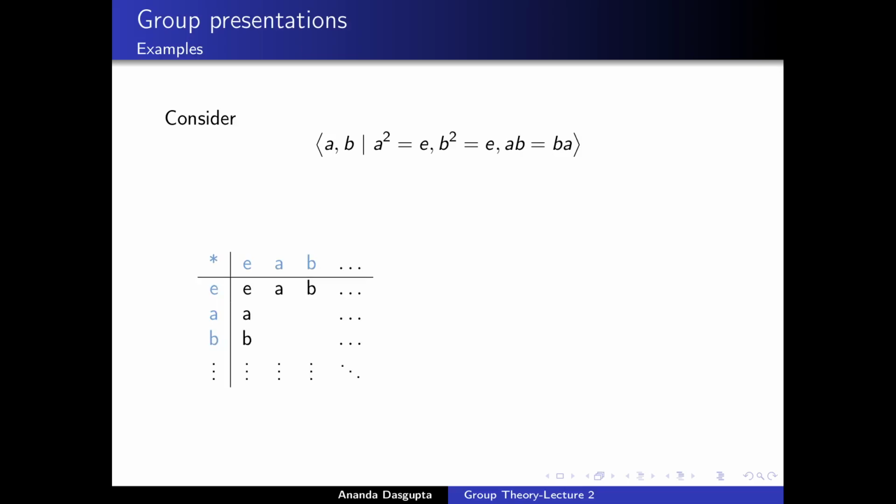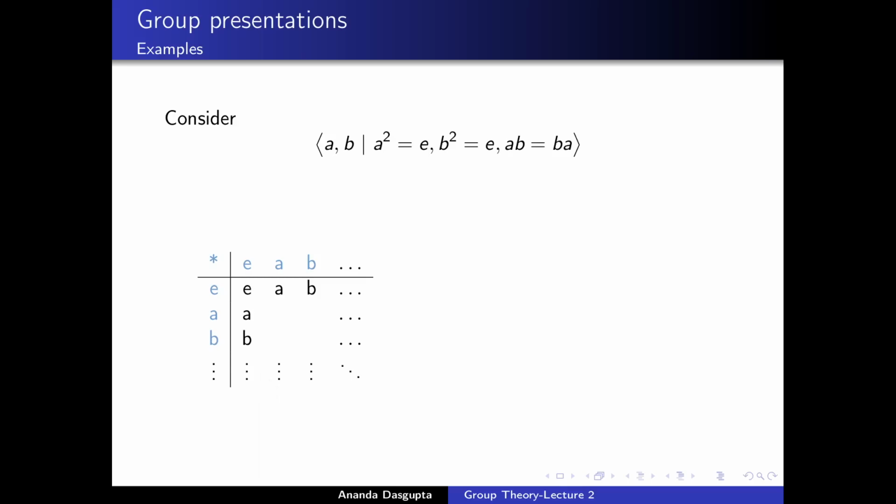So let us just see which group we are talking about here. Well, we know for sure that there are three elements in our group, at least. Identity has to be in the group, and A and B, the two generators. So we are trying to write down a multiplication table, but we don't have enough information to write the whole thing down. What we can do at least is say that we have E, A, B as elements. There could be more. That's what these dots here are for. And we definitely know this one row and this one column of the multiplication table, simply because when you multiply anything by the identity,